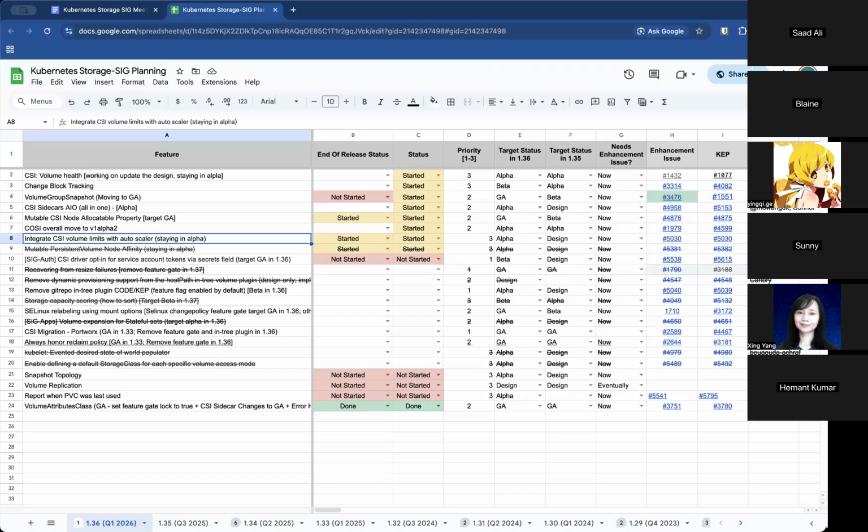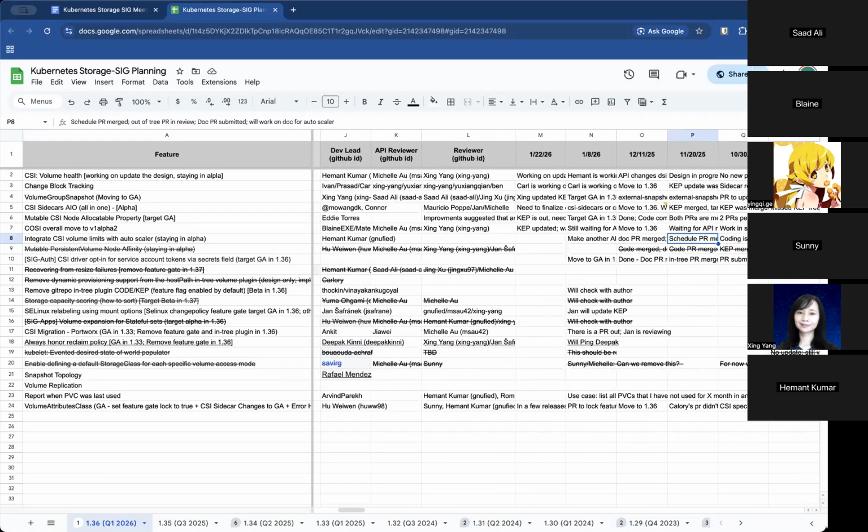Next, we have integrate CSI volume limits with autoscaler, staying in alpha this cycle. Yeah, staying in alpha, but we are proposing to make a change that prevents pod scheduling to nodes which don't have the CSI driver installed, as an opt-in via a CSI driver object field.